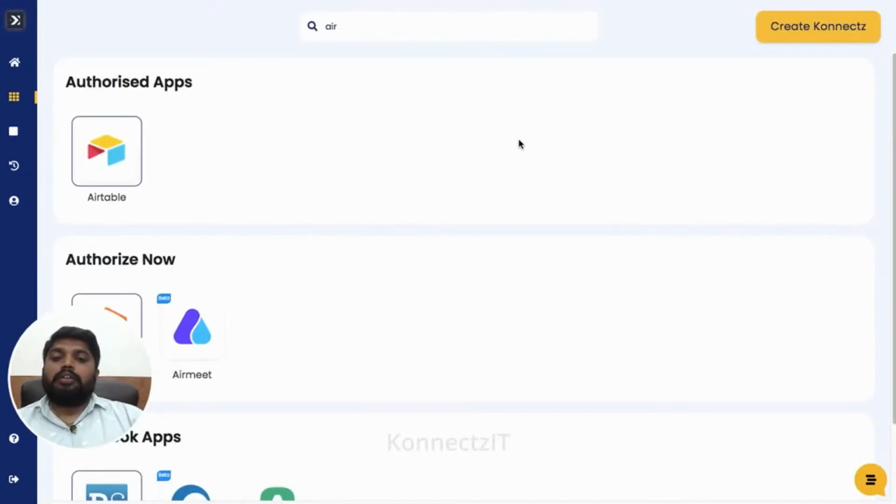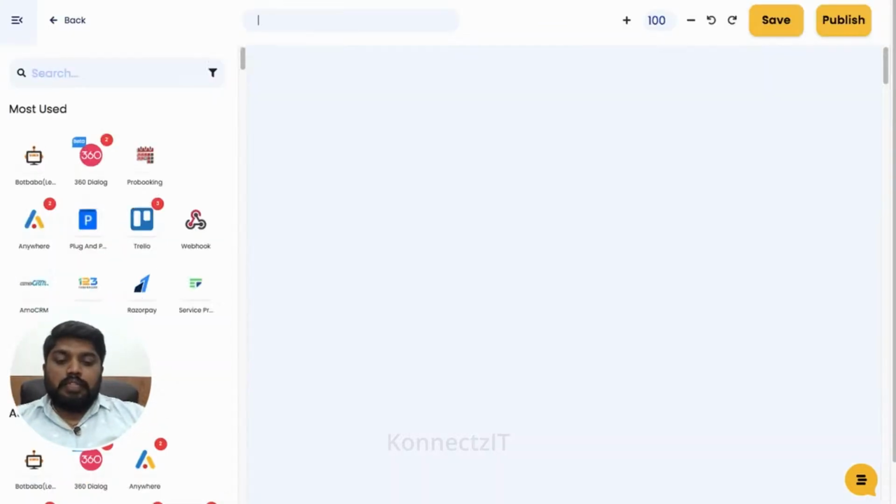Similarly, you have to authorize Google Sheet as well. Now let's start our workflow by clicking on create connects. Let's start by naming our connects, that is workflow. I'll just name this as Airtable to Google Sheet,